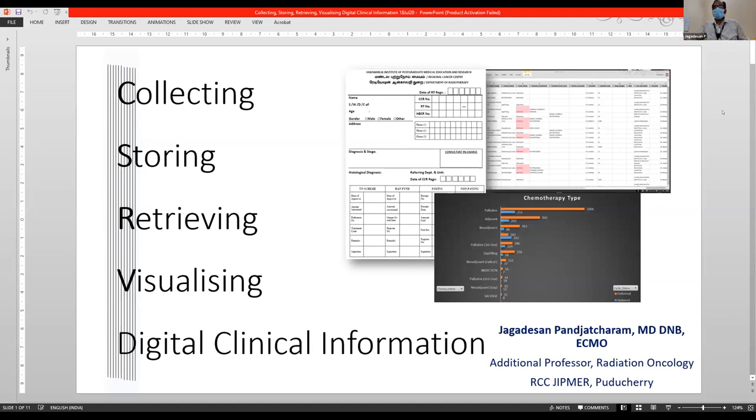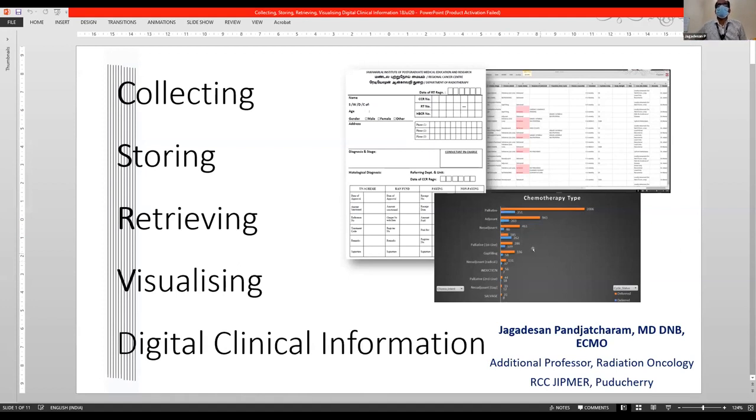So that helped me in collecting information, and we were able to successfully employ that in our routine departmental practice to collect our OPD information or radiation treatment plan information, as well as our ward admissions. In fact, we were able to prepare discharge summaries and then get a PDF or printout of it. We were able to smoothen out certain procedures. And the most important part is that we are able to collect some discrete data which can be used for a retrospective analysis later.